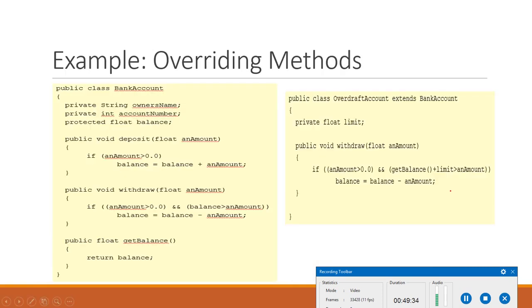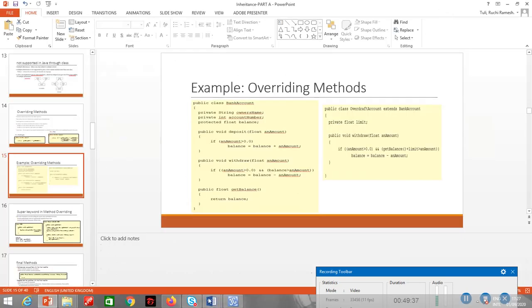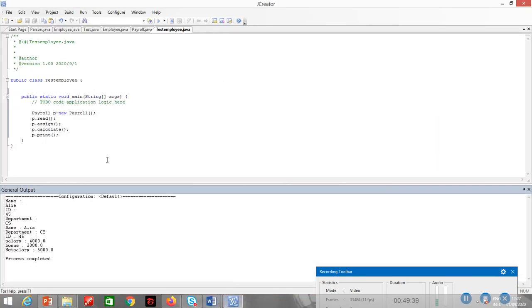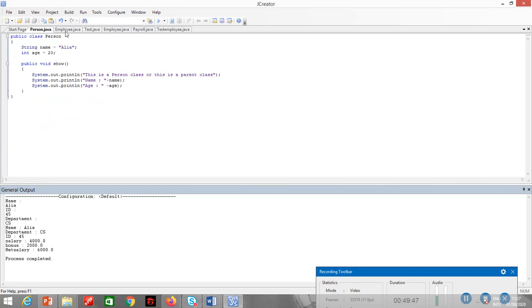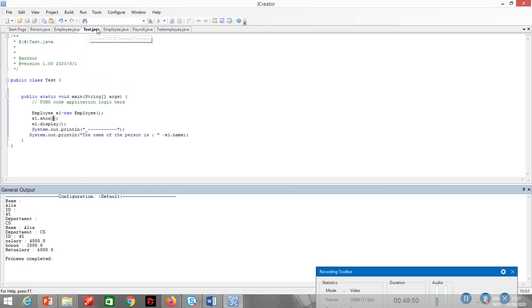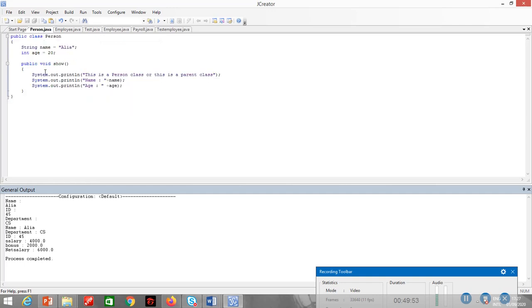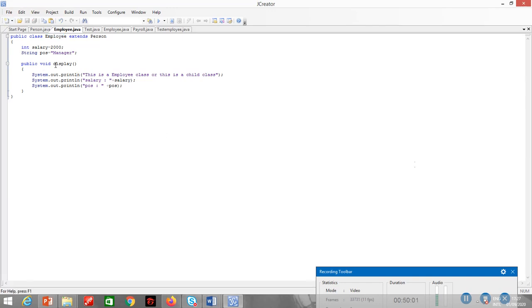Alright, so let me go to the previous example which we have just created, to give you an example of method overriding. If you recall our first example, we have a person class, an employee class, and the main class. In the person class, we have a method called show. In the employee class, we have a method called display. Now, instead of display, if I use show here, in the person class, which is the parent class, I have two variables, name and age.